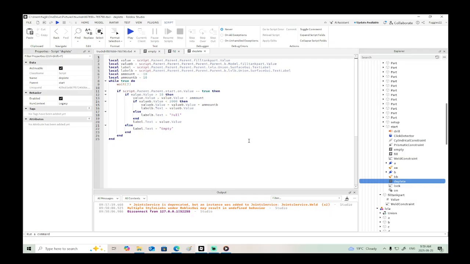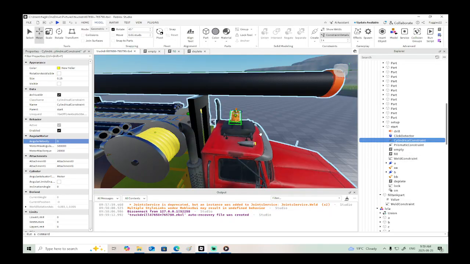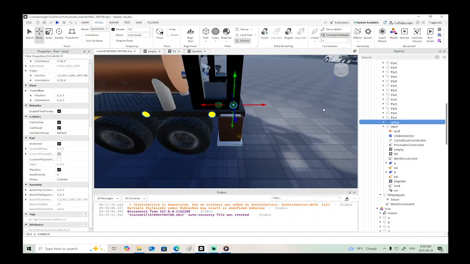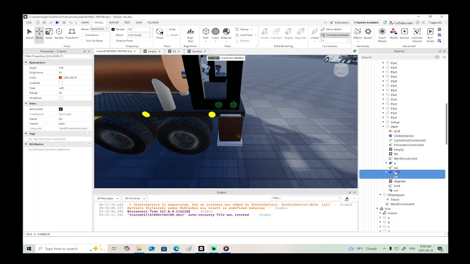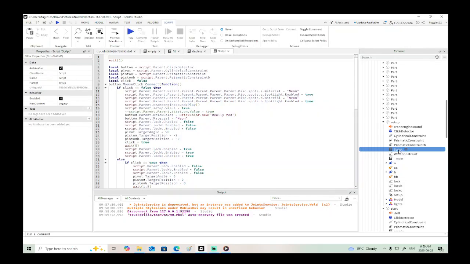So in here where it starts the script, we can turn this on. We can say, no, not in this script. We want this to turn on when setup. So when the setup turns on,